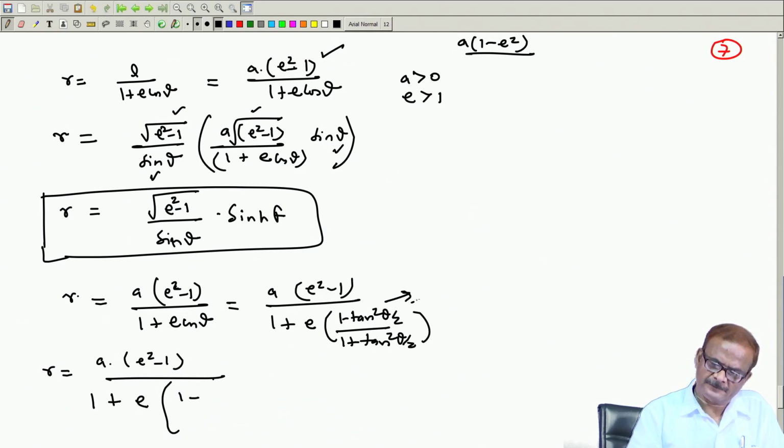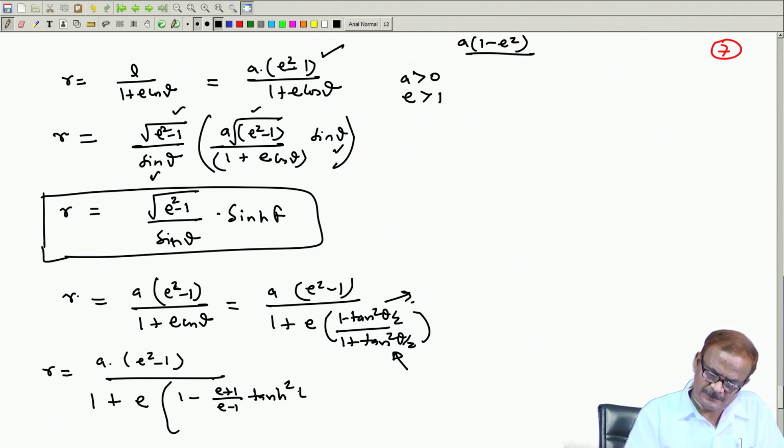Now tan square theta by 2, if you remember, I have written the equation. I will also prove it here because this is required, but let us use that information whatever we have written earlier. So, this is the information I have used earlier,